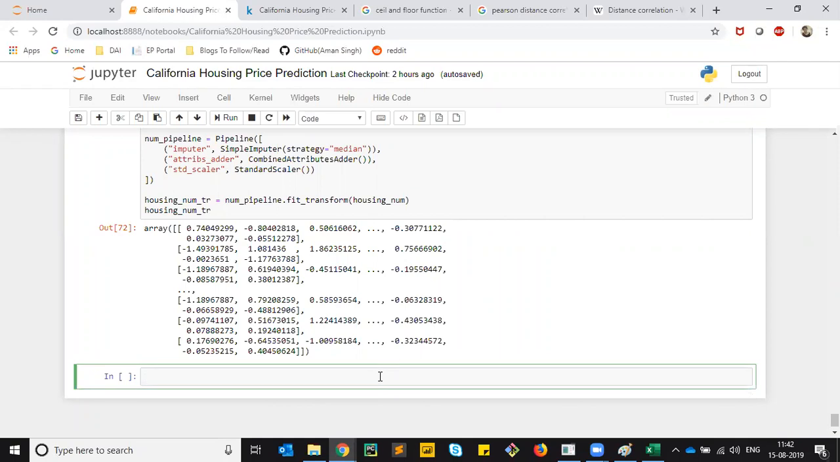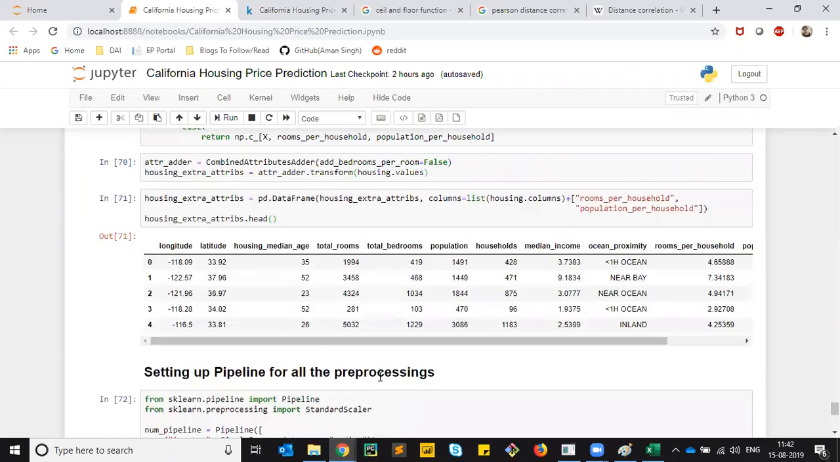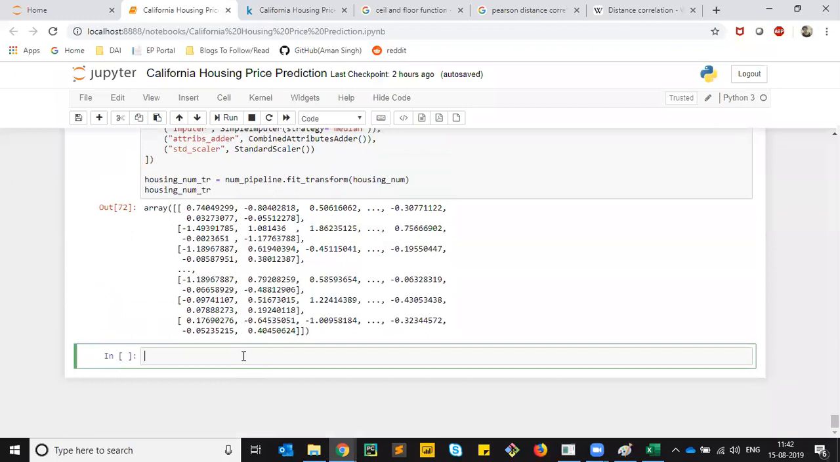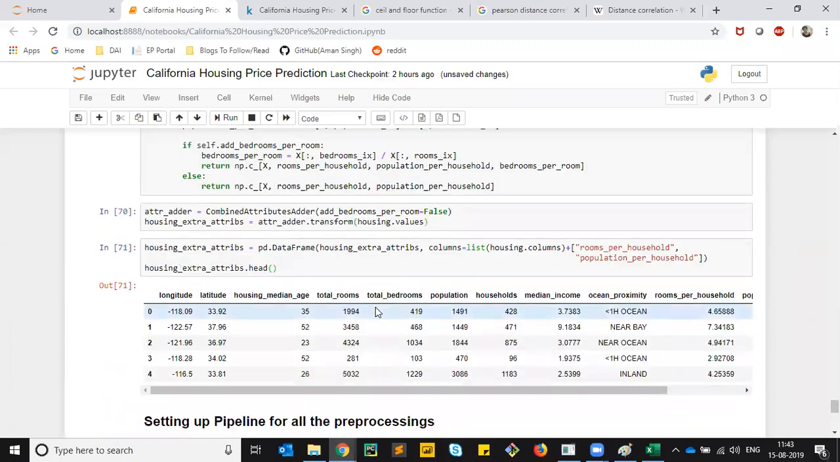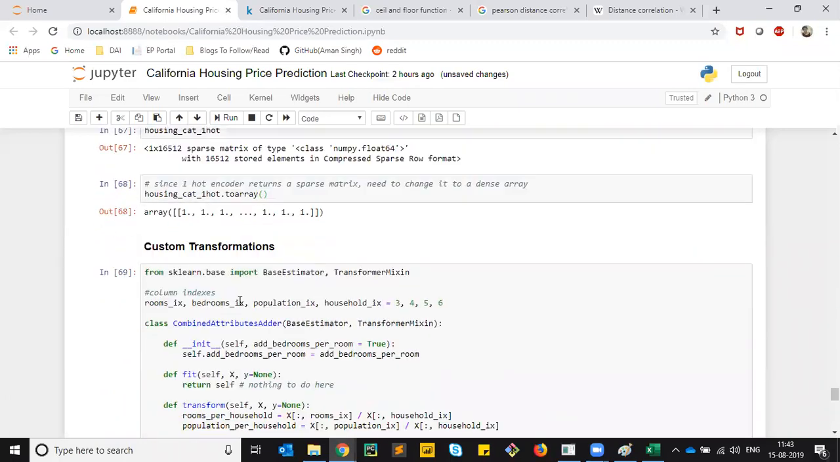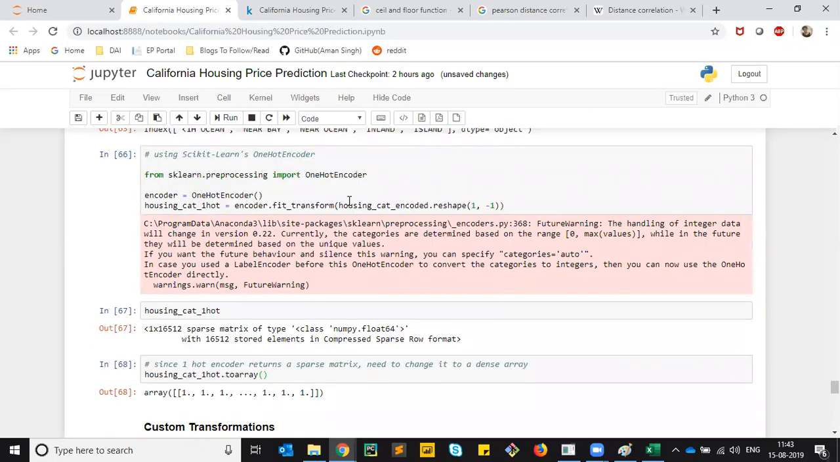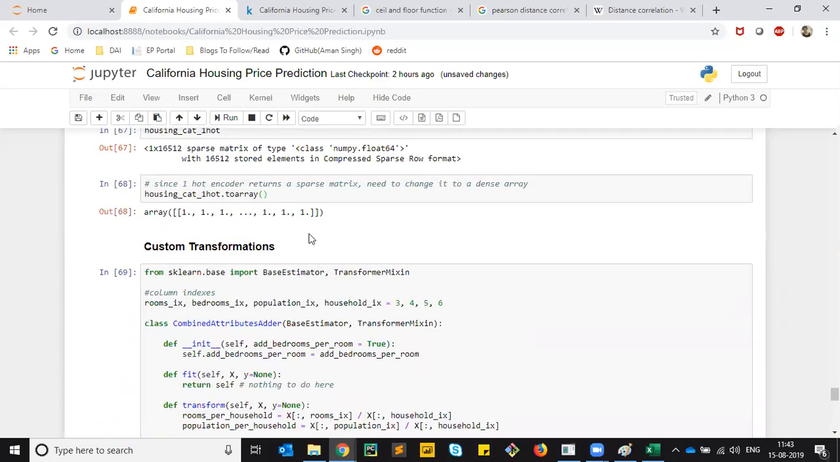In fact, I'll create another transformer, just like we created for the numerical attributes. We'll create another transformer for handling the categorical attributes. So I'll create another class. I don't think we need to write down the logic for all the categorical transformation. It's just encodings that we did, right? But we would want,